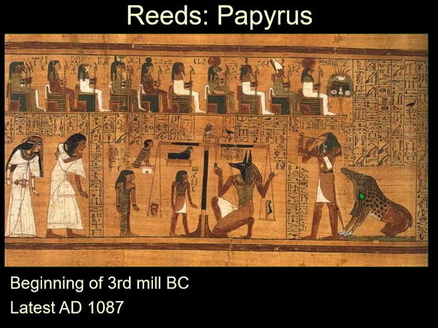So that's what this thing is. Looks like a Book of the Dead or something. And so we first have evidence of papyrus from the 3rd millennium BC, and the latest in the archaeological record seems to be dated to about 1087, although of course they make it